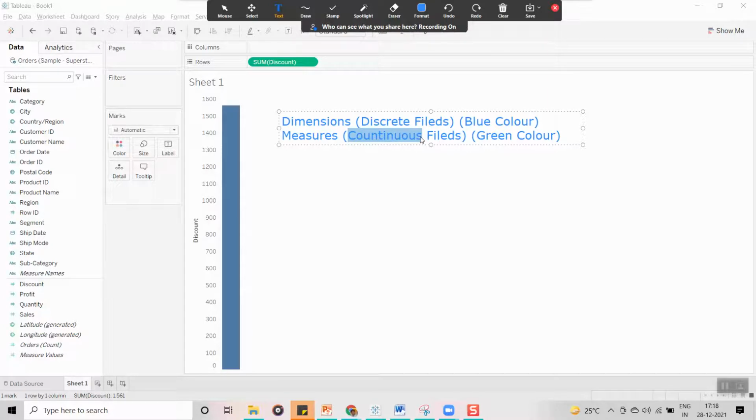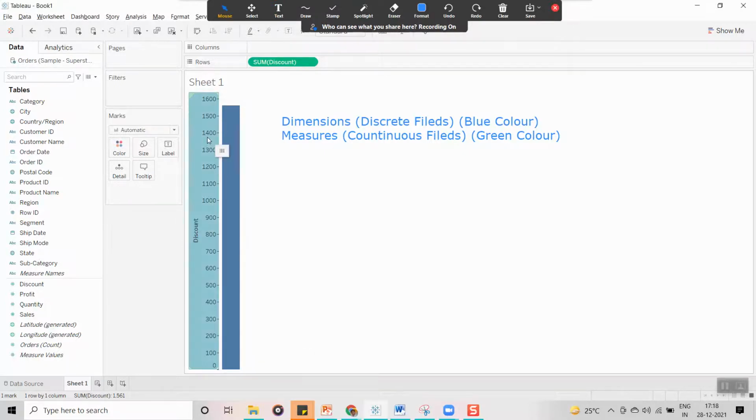All the measures are continuous fields. Why I am telling this: continuous fields means you can see it has generated an axis. This is the axis which it generated. Now see, there is no break in between. You can see the continuous scale from 0 to 1600. So it is going to generate a continuous scale.